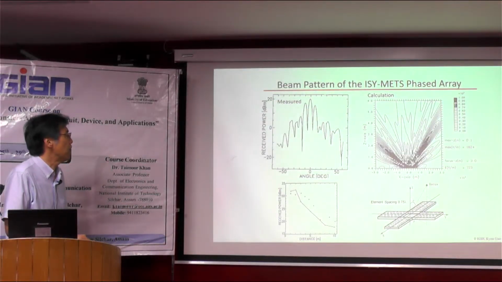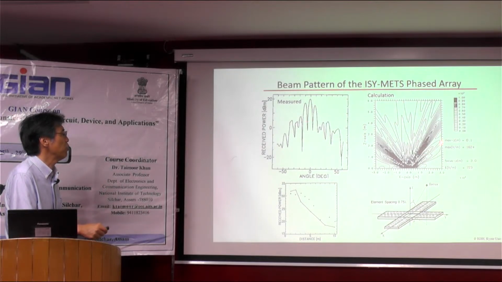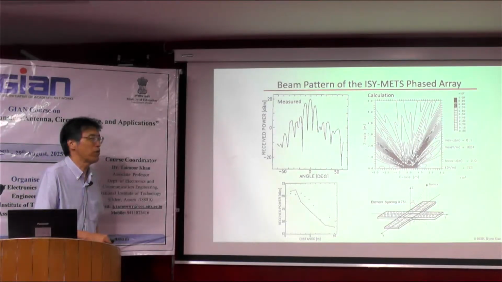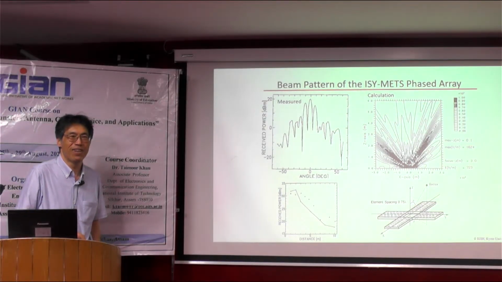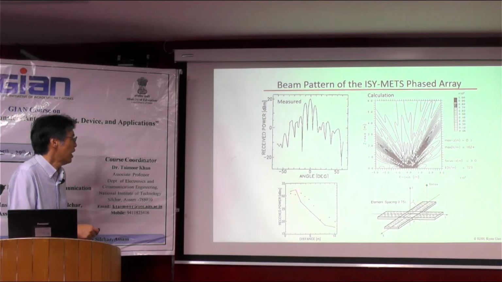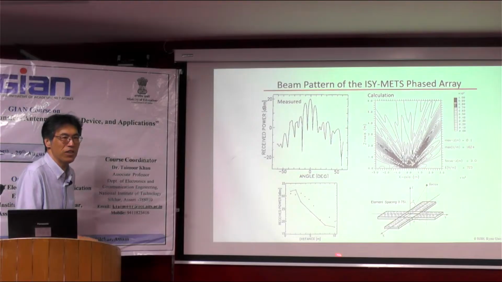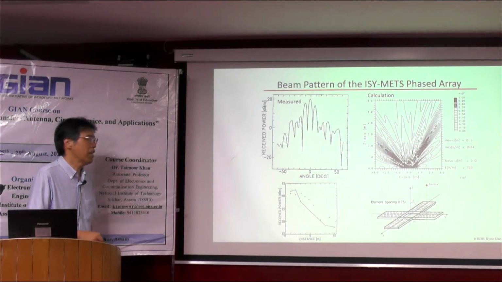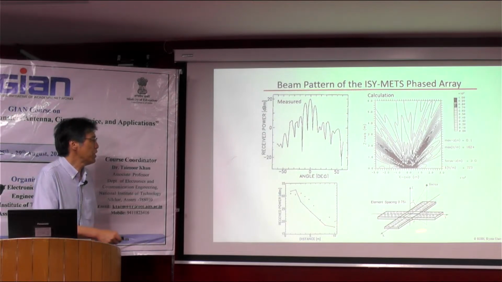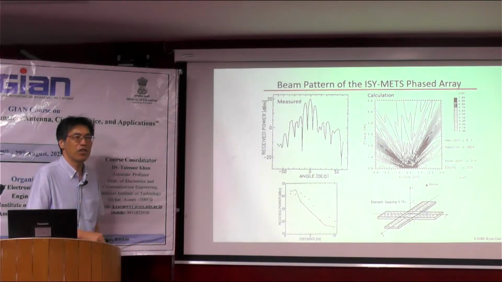And this is a measurement beam form and calculated beam form from this strange shape of the antenna. This is a calculation result in my bachelor thesis, about 30 years ago. Power density decreases with distance, but as I mentioned again and again, this is not a real attenuation, a decrease of the power. This is caused by the expansion of the power beam. So from this antenna, the beam shape becomes very strange, but we can control the beam direction, and